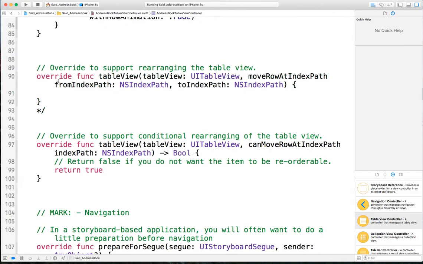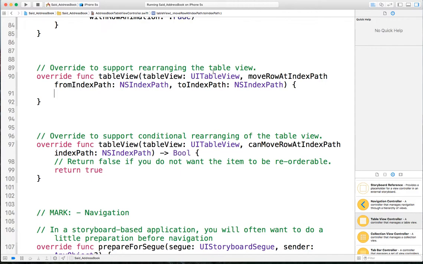So we'll open that one, or uncomment this one. So when you move the row, what we need to do is to actually move them in the data source, and refresh. So we need to have a function to switch the rows. Notice that